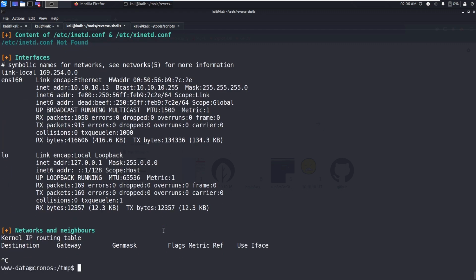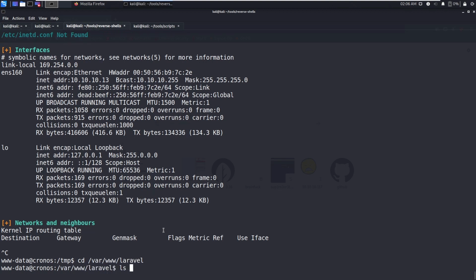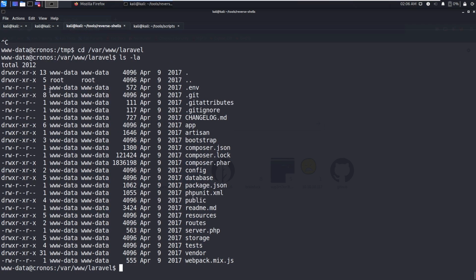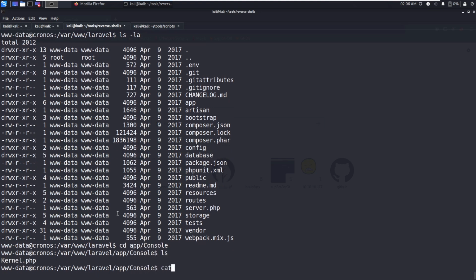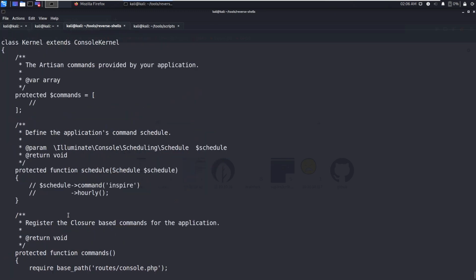So Ctrl Shift C, cd /var/www, and then laravel. ls -la. These files are all owned by the www-data user, so that means we have write access. First what I did was go to cd app, console, ls, and cat Kernel.php.